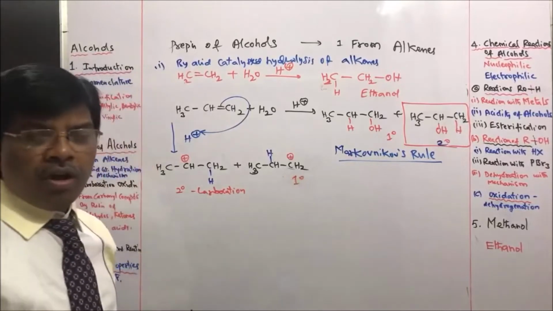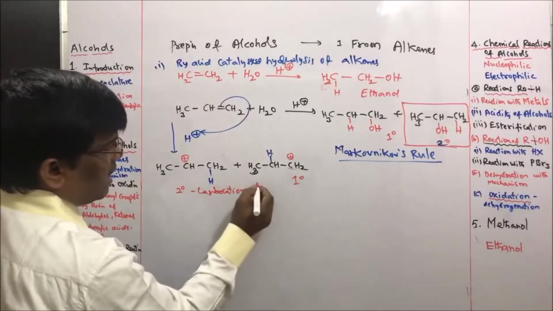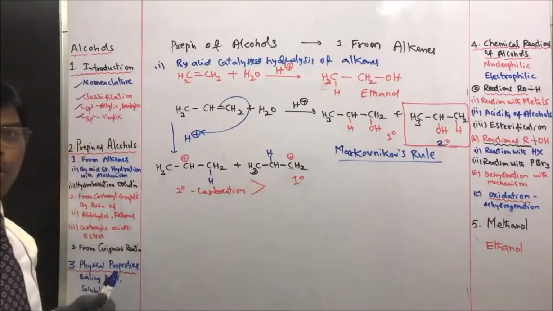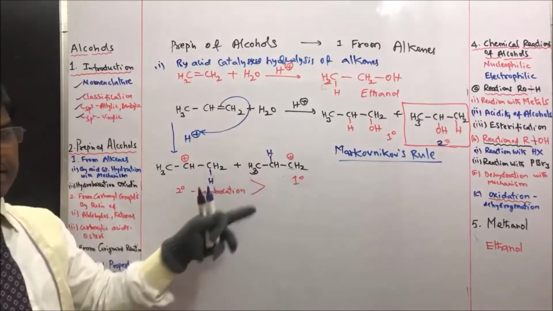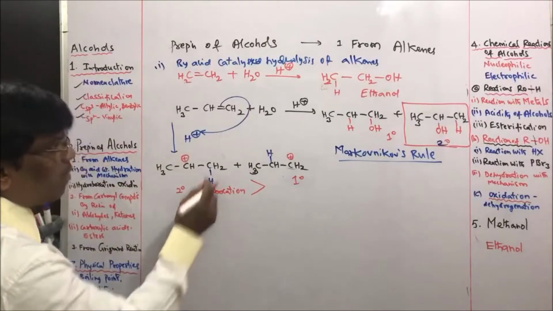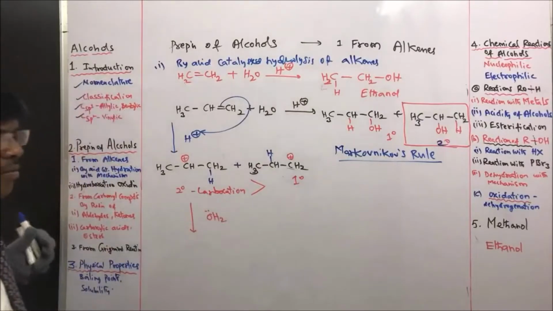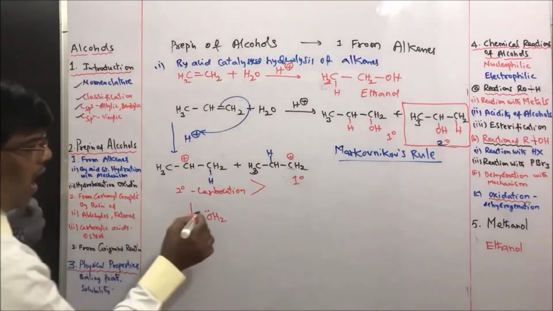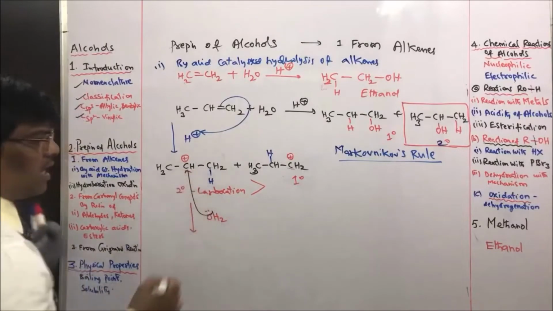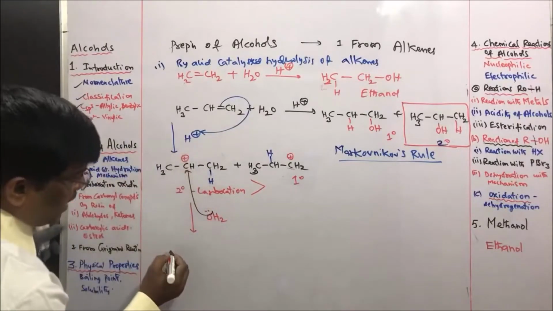So we know that when you compare the stability of carbocations, the secondary carbocation is more stable compared to the primary carbocation. So now what is going to happen? The H2O molecule which is there in the reaction mixture now adds to this secondary carbocation, which is the more stable carbocation, to give